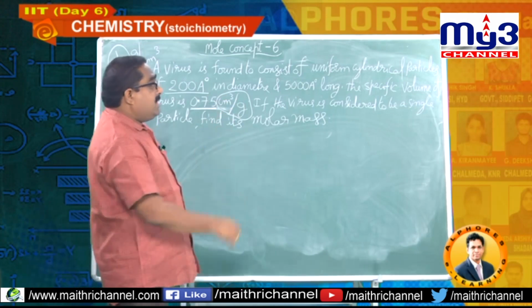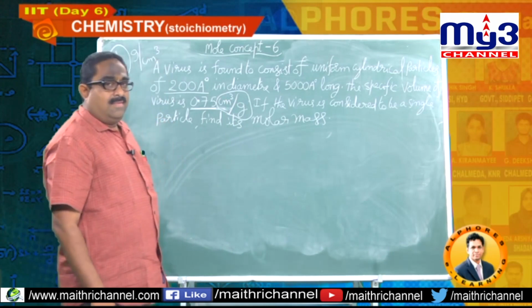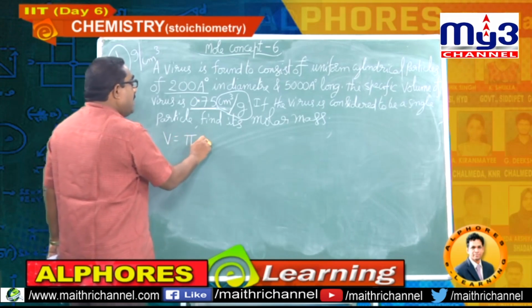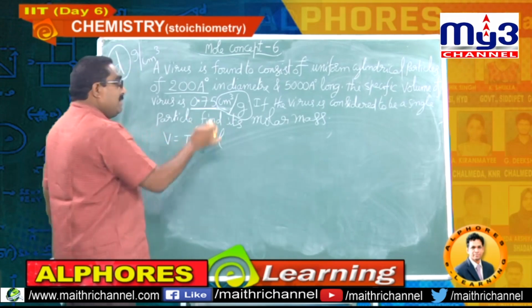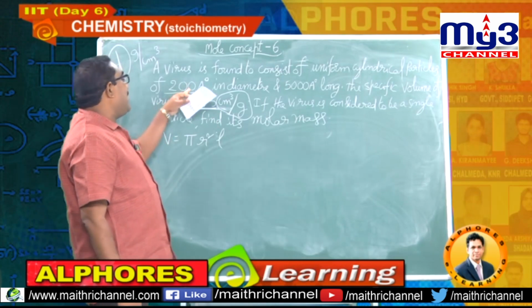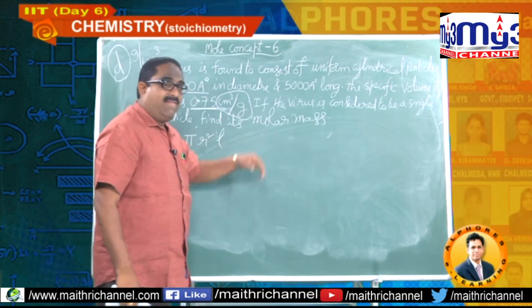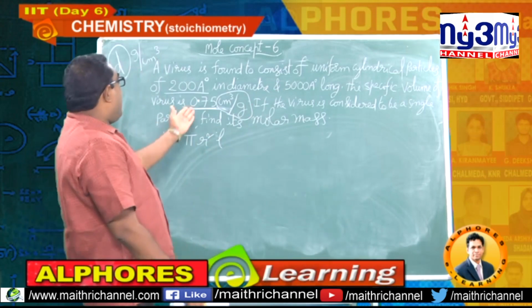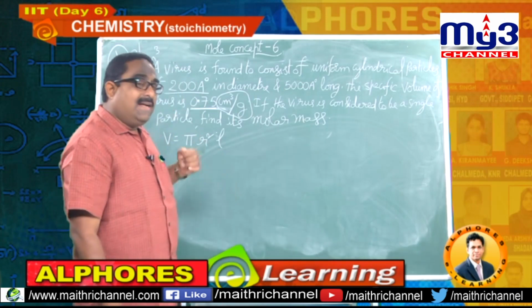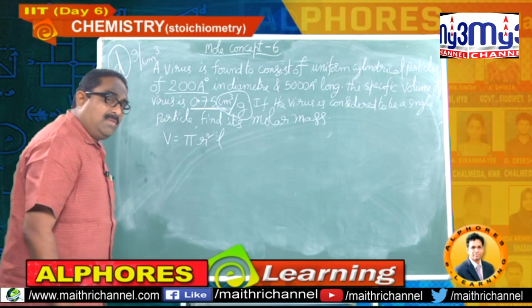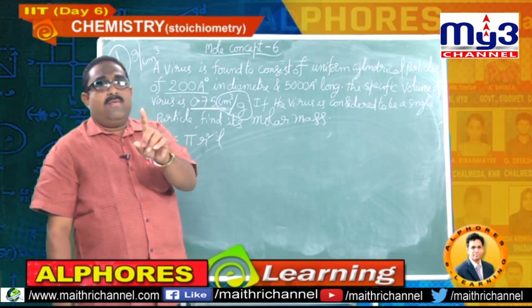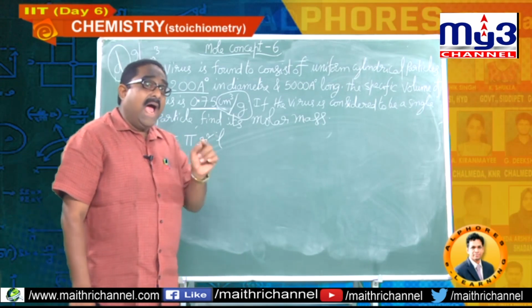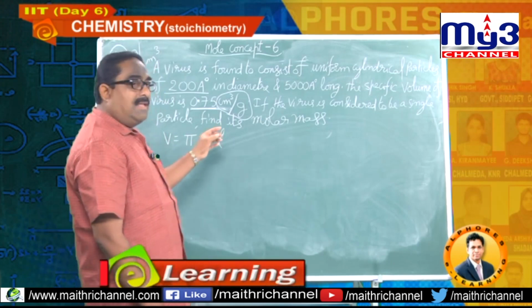And he has given cylindrical shape. We know how to calculate the volume of a cylinder. The formula is pi r square L from mathematics. Radius we have, half of the diameter. Length he has given. So, the volume of one cylindrical particle of virus we can calculate. And from this data we can take density, and density is equal to mass by volume. Then we will get the mass of one particle of virus, and then we have to multiply that with Avogadro number to get the molar mass.